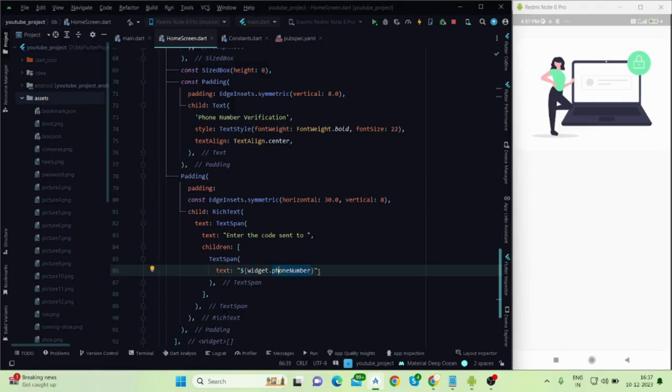I'm printing the same phone number that I'm taking from the main function. So let me save this. This is phone number verification, and